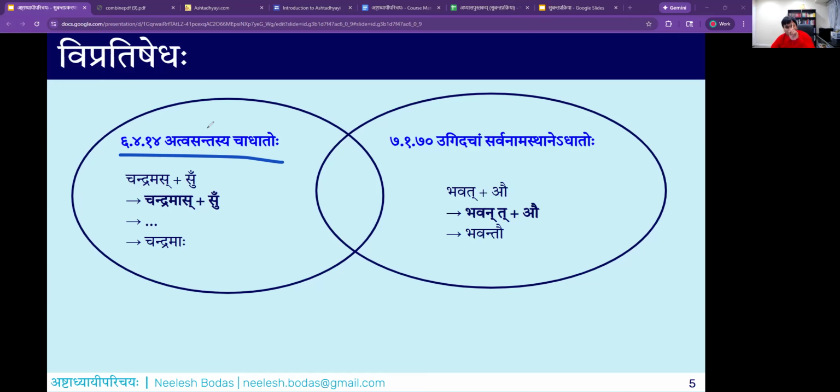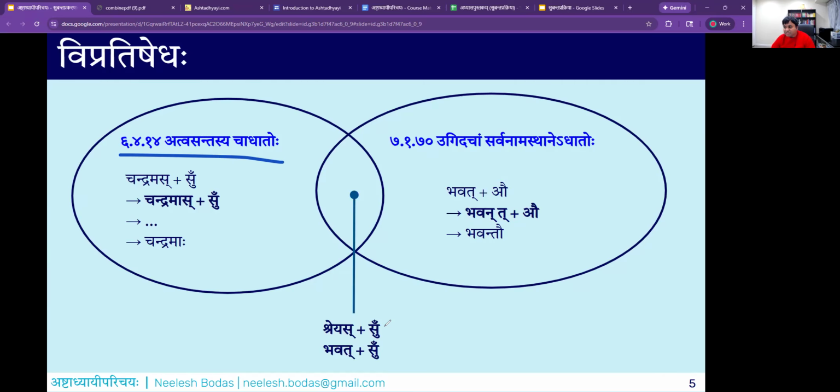Atvasantasya cha dhatoho is only for the Su pratyaya. Therefore, Atvasantasya cha dhatoho has no business to appear over here. Therefore, you have Bhavat plus Au. Numagama happens. Bhavat plus Au gives Bhavanto, the final form generated. So you have two separate, independently operating examples, and the problem of the Yugapat Karya, simultaneous application, comes in the